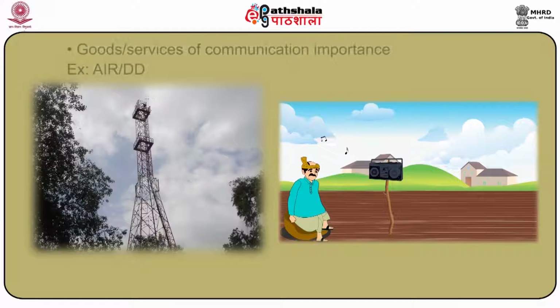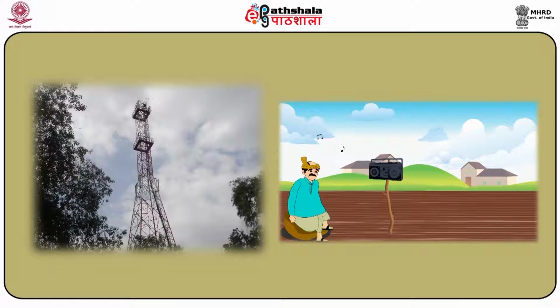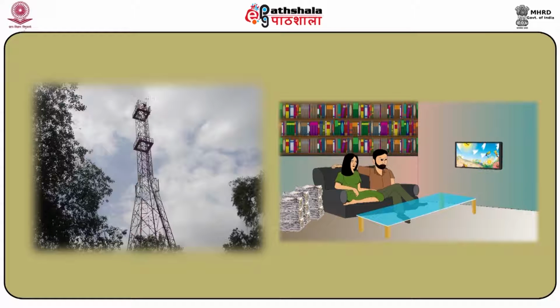And there are some services which are of great importance as far as communication is concerned. For example, AIR, that is All India Radio, and Doordarshan. Earlier, when there were not many entertainment channels, Doordarshan was the only channel which used to provide communication, information and entertainment. And apart from that, All India Radio was another important agency which disseminated the much required information to people in rural areas. Doordarshan provides many programs for rural people, farmers and agriculturalists, which help them reap huge benefits directly and indirectly.